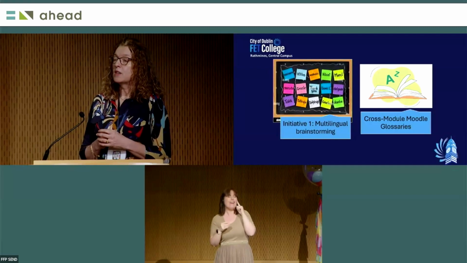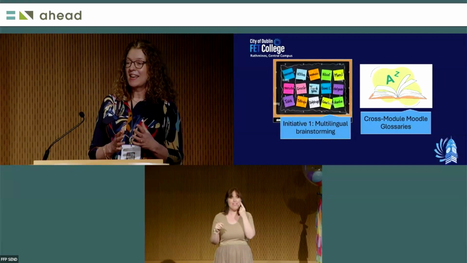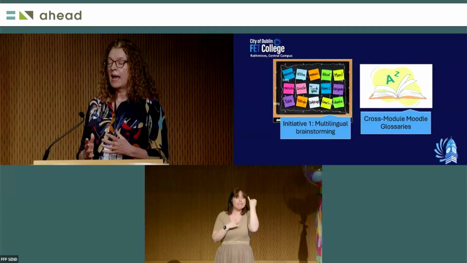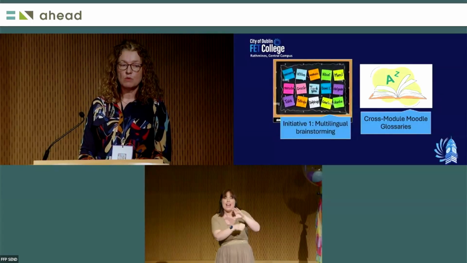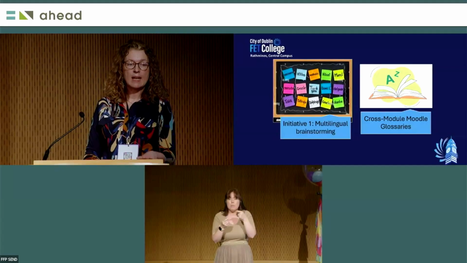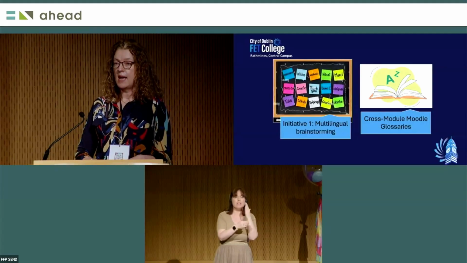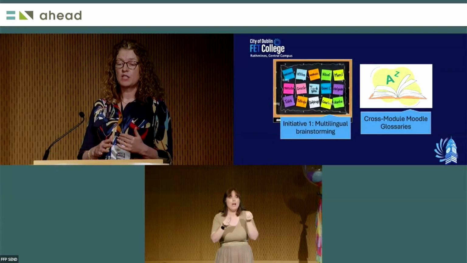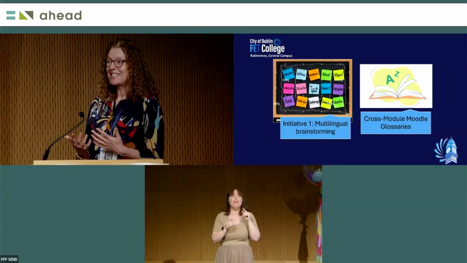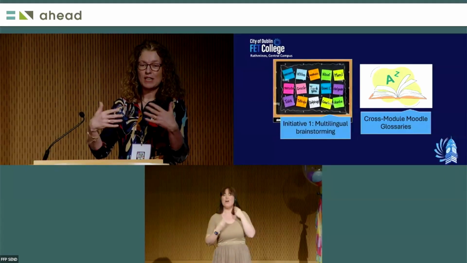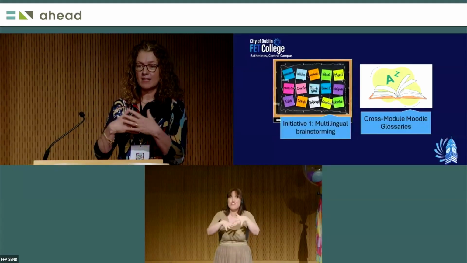And one of the things I found in the research was this idea of multilingual brainstorming. So in my classes, often there might be an idea, okay, we're going to come up with an idea for a case study. And students would really struggle with that because they're trying to communicate in their level of English with some fluent speakers, some people that have a little bit of English, some that don't. And although it went a little bit against the grain for me, because we want to integrate, we want to have our students from different backgrounds with each other,